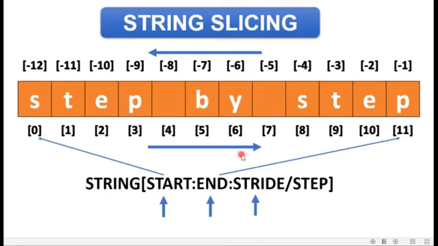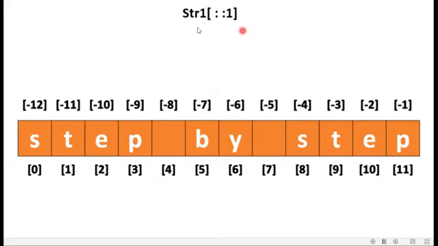So if I give the stride value as positive 1, it will be printed as by. But if I provide the stride value as -1, then how will it be printed? As yb. So let's understand this with the help of an example. See, there is a string slice, str1 of, and now there are 3 values, but as you can see, before and between these two colons there are no values. So the start value and end value will be considered as by default. And because my stride value is given as positive, it will take place from left to right.